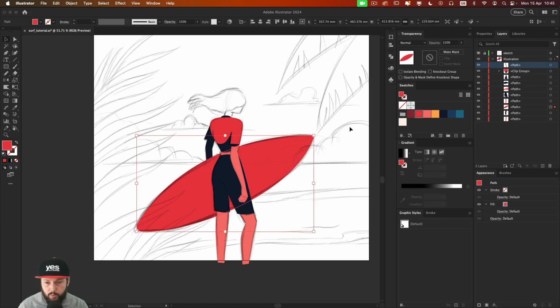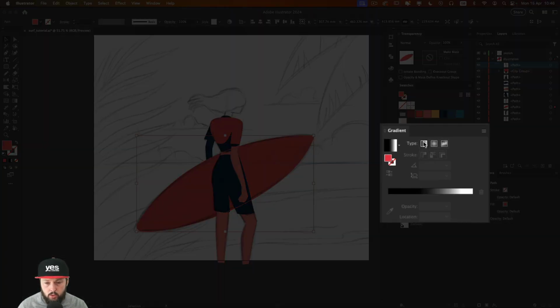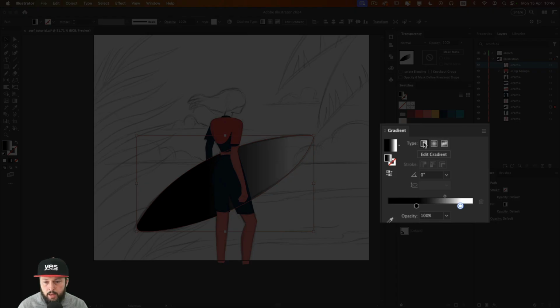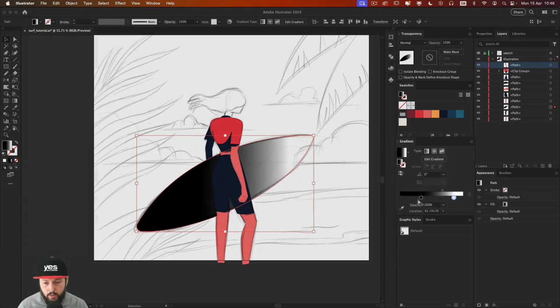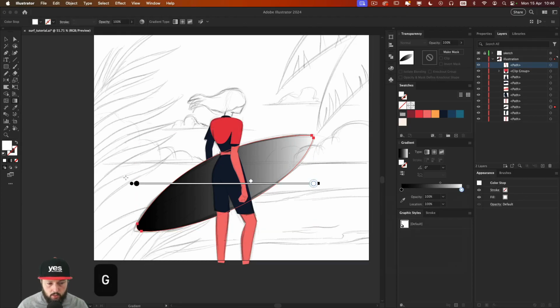Now for the surfboard, I might already apply a gradient because that's what I wanted to create here. So what you can do is use the gradient panel. If you don't see that, go to the window menu and choose gradient. And then I'm going to choose that gradient there and make sure that it's applied to the fill color and not the stroke. And what you can do is press G on the keyboard to be able to see